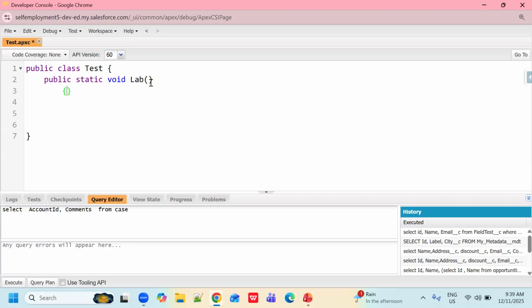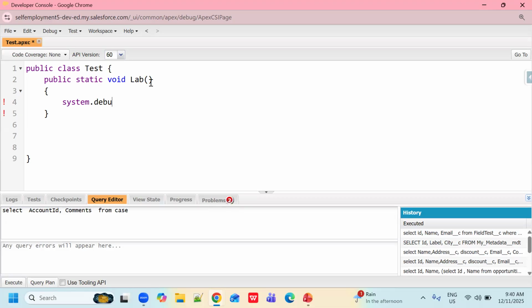In this method I'm using my custom label with system.debug. I'm simply printing this value, but you can also use it in a variable for further use in your coding. I will show you that also.